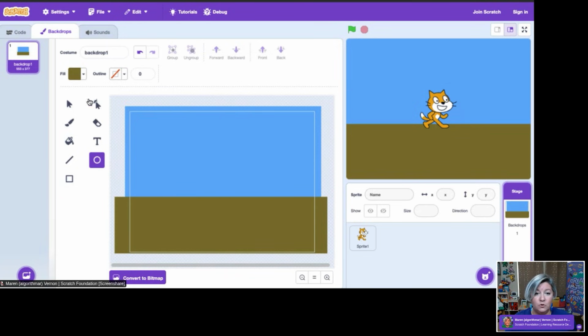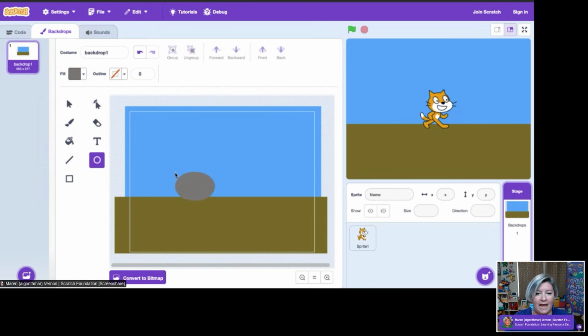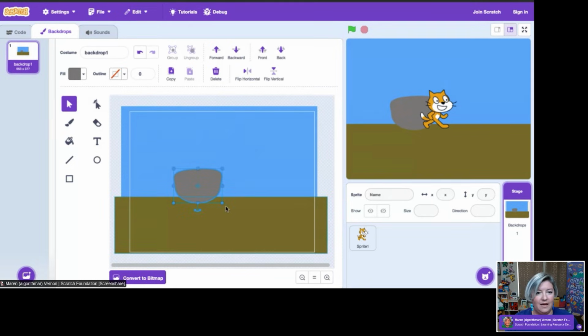I'm going to take my circle tool and find a gray color here and just drag to make this very gigantic rock at the moment. There's a couple other tools that we could use here. For instance, this reshape tool, I can use to drag these points on this vector object around in order to change the shape of my rock here. It's kind of an interesting flat on top. So maybe I'm going to use this rotate tool, my select and then rotate here to flip that rock upside down. So I've got something going here.